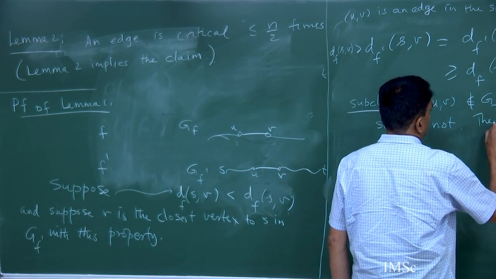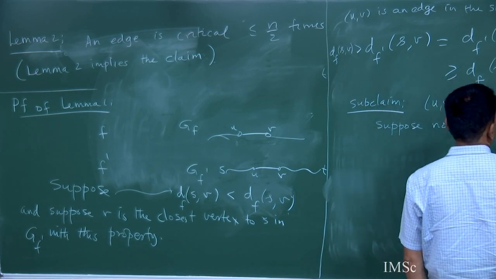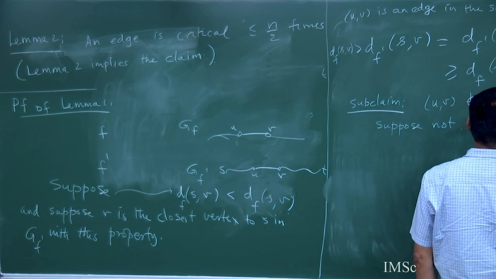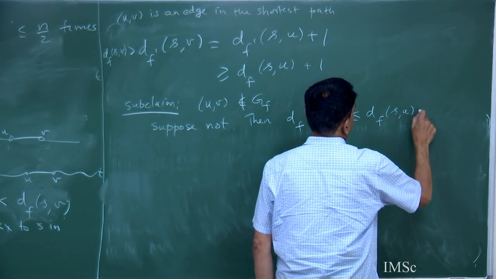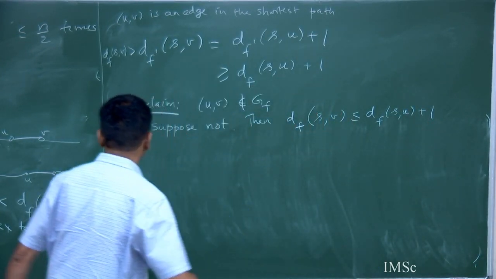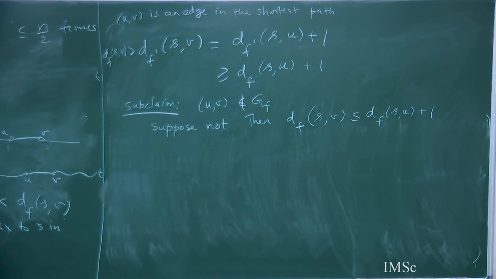Then in GF, df SV is less than or equal to df SU plus 1, because the length of the shortest path from S to V is at most the length of the shortest path from S to U plus 1. Maybe there is even a direct path without the edge UV, but if UV is there, I can say this. Okay, so now I have some contradiction out there,